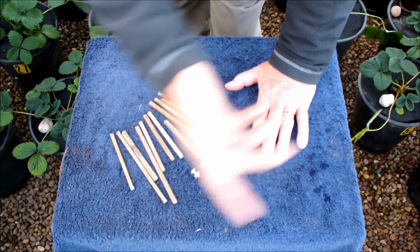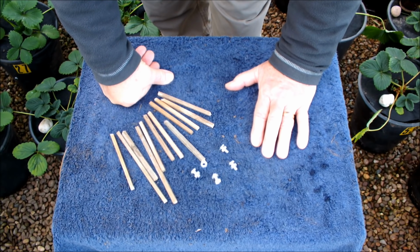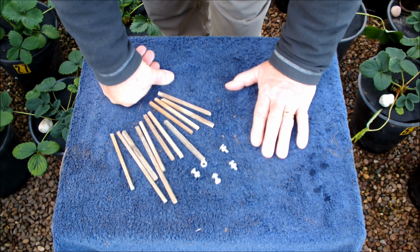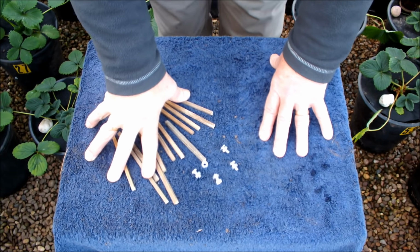Well, this particular design of greenhouse has 4 short legs on it, 1 in each corner. I think they're about 1 foot long. And the idea is when you sit it down, you dig a hole, and those 4 legs go into the holes, and then you fill the holes with concrete, so you concrete it down. I don't think I've seen a video that's actually shown that, but that's how you fix these guys down,